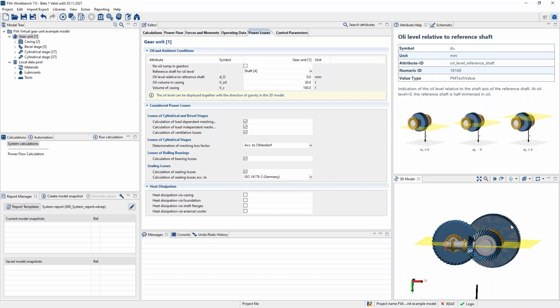So we can see for each component also load-independent power losses. We have the oil volume in the casing and the general casing volume. And then we have a grey section here with all power losses you can activate or deactivate, you can consider or not. We have the losses of the cylindrical and bevel stages. There we can activate or deactivate the load-dependent meshing losses, the load-independent meshing losses, and if we have injection lubrication, we can also consider the ventilation losses